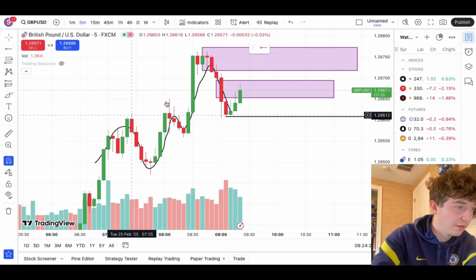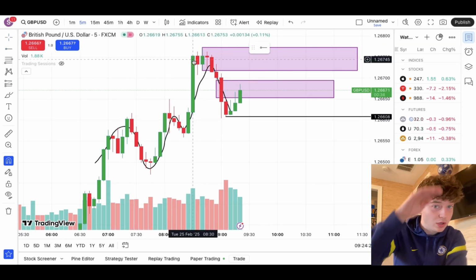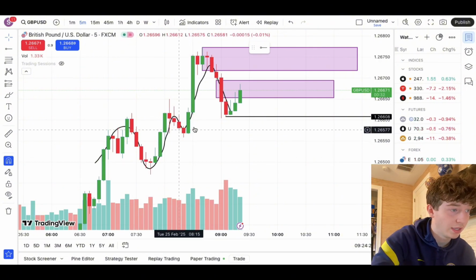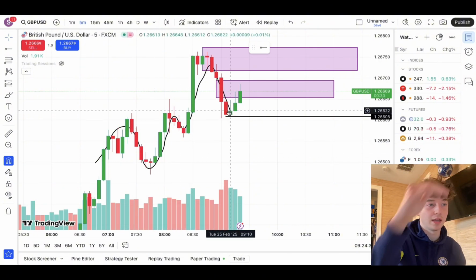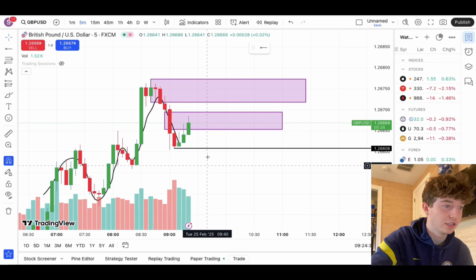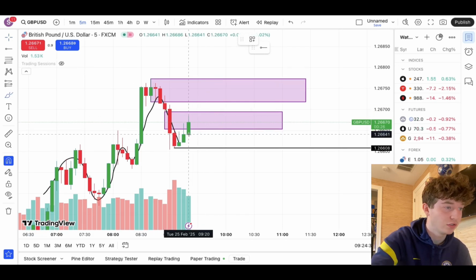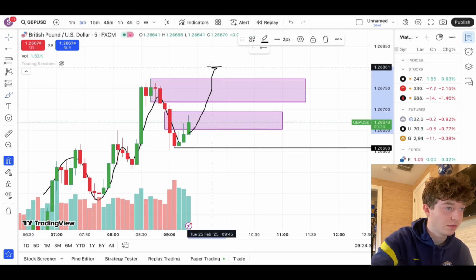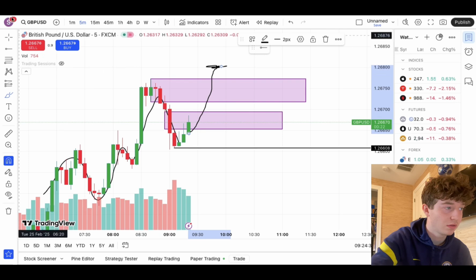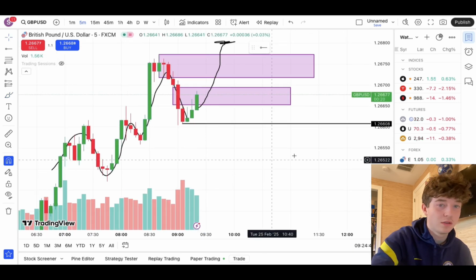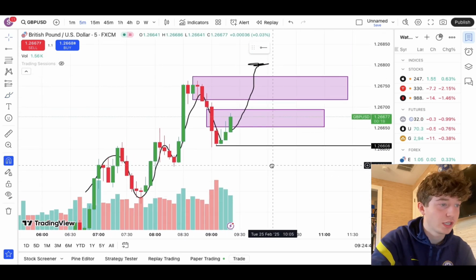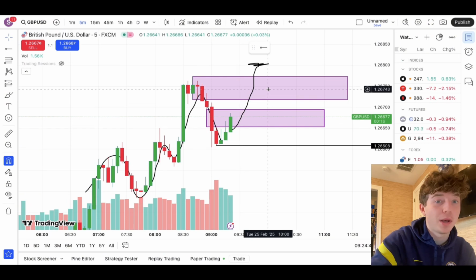So we have a high here, a high here, and then a high here. The highs keep going higher. And then the lows: we have a low here, a low here, and a low here. The lows keep getting higher. So if the trend continues, most likely it's going to go into that. But we can't